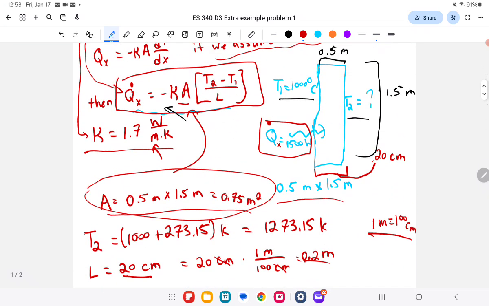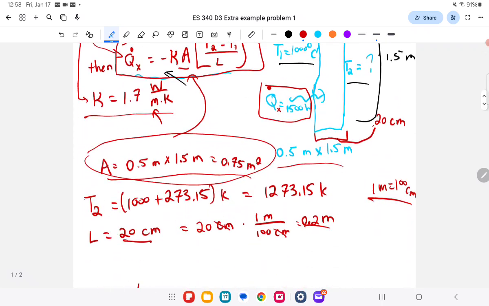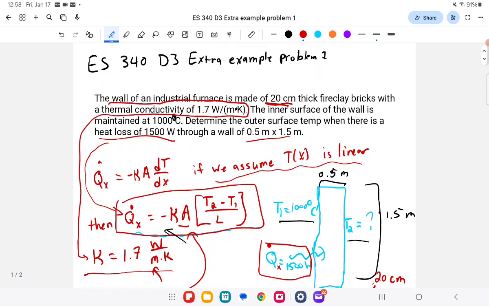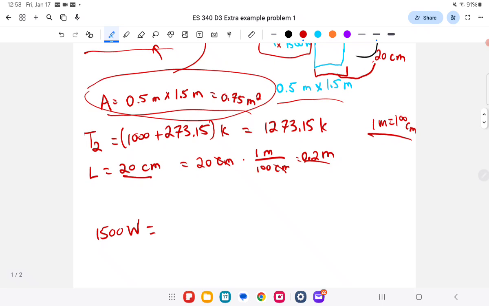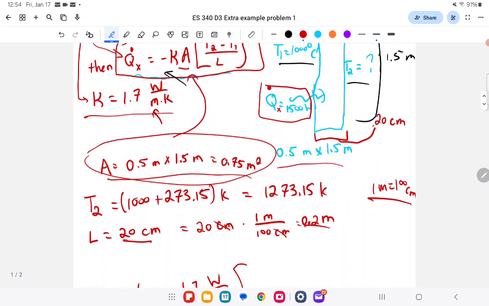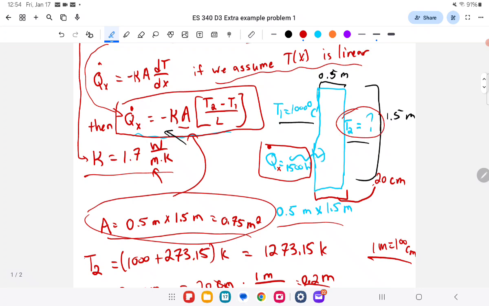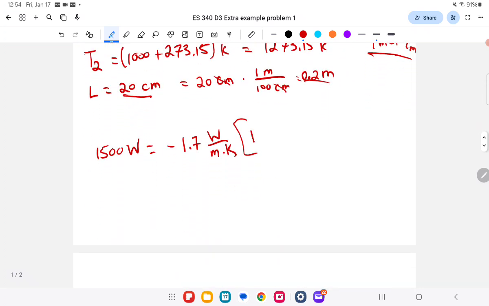So Q dot x is 1500 watts. Now we have minus kappa here. Kappa was 1.7 watts per meter Kelvin, times T2, which we don't know. That's what we're looking for, right? We're looking for T2. So T2 minus